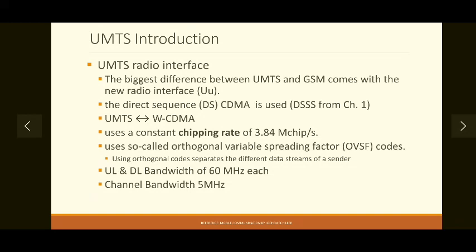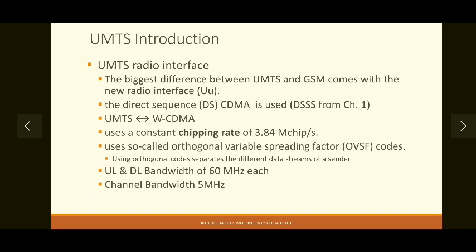Okay, so before going to study the details of UTRA network, first we have to consider the major difference between UMTS and previous versions of GSM. UMTS uses CDMA technology for multiple access, that is DSSS, direct sequence spread spectrum, whereas previous versions were primarily using TDMA or FDMA. So since the use of CDMA is introduced in UMTS, the entire radio interface is drastically changed, and this is now named as a UU, whereas previously it was named as a UM.